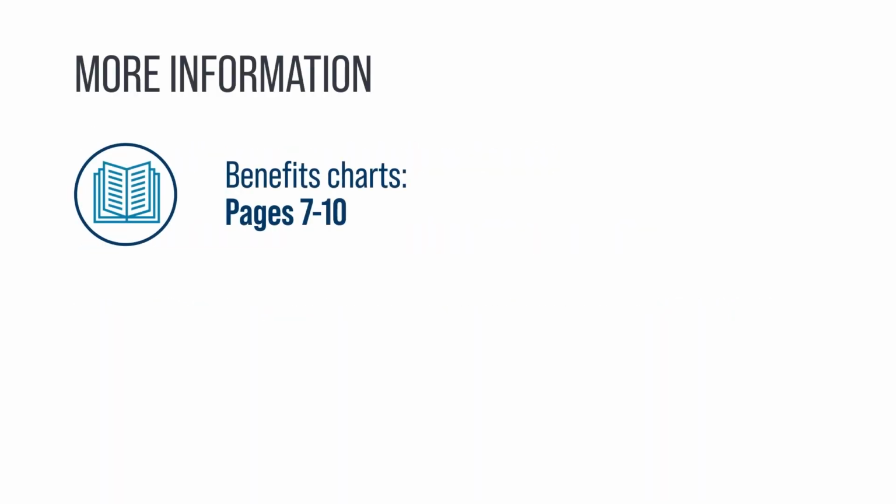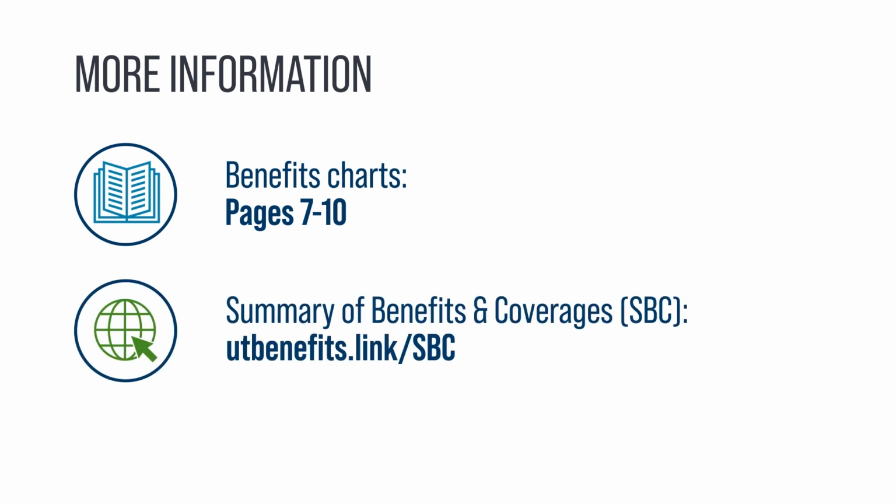Please refer to the benefit charts on pages 7 through 10 of the UT Select Guide for additional details about your benefits, or contact a health advocate with questions. Another document you may find useful is the Summary of Benefits and Coverages available at